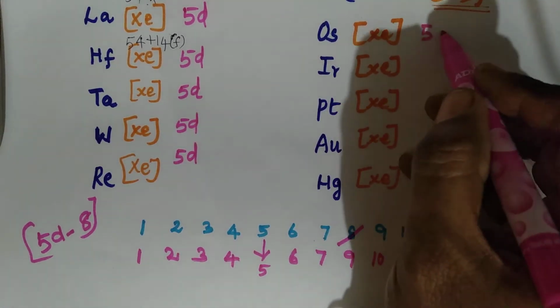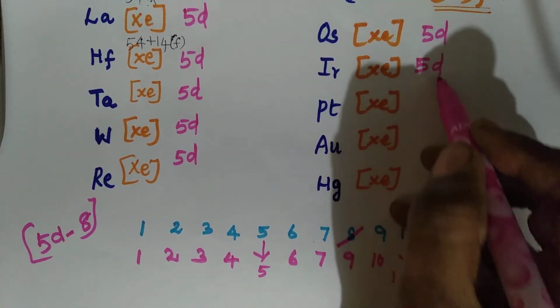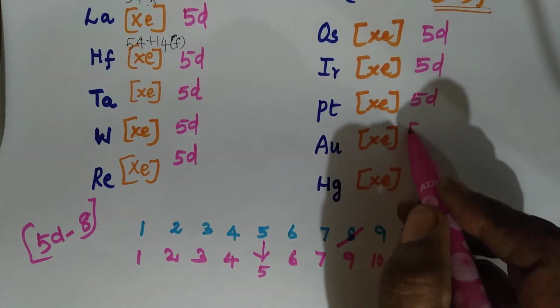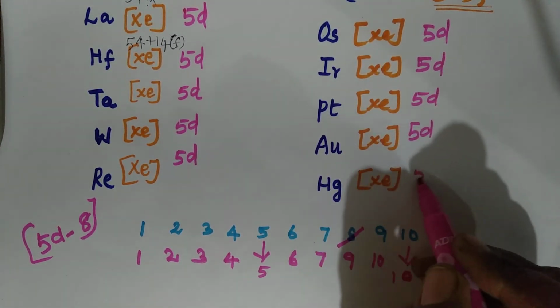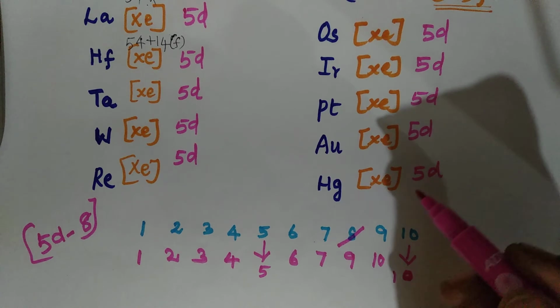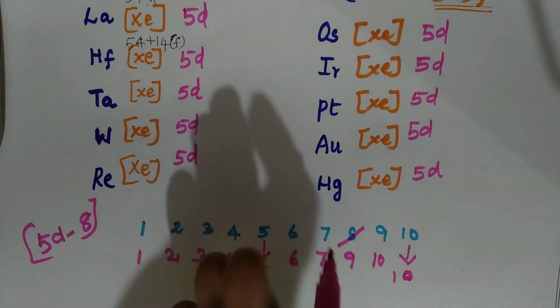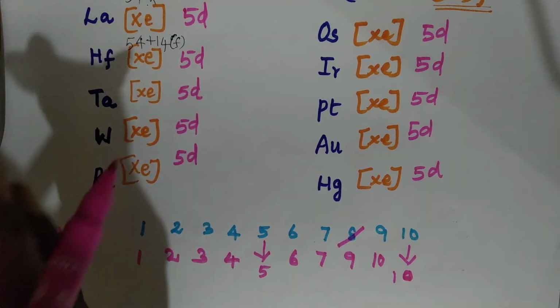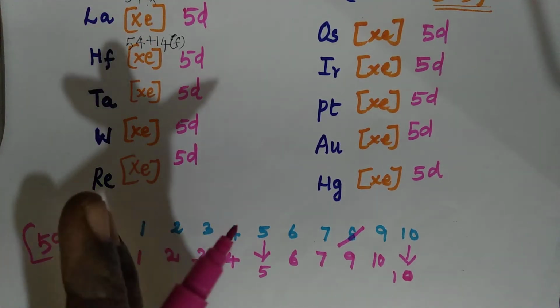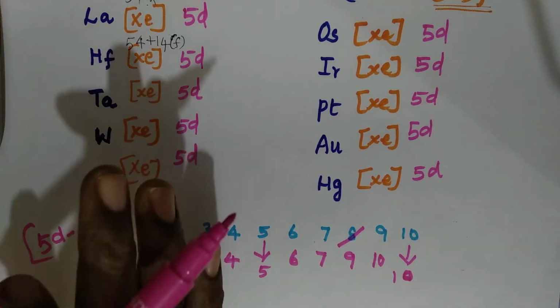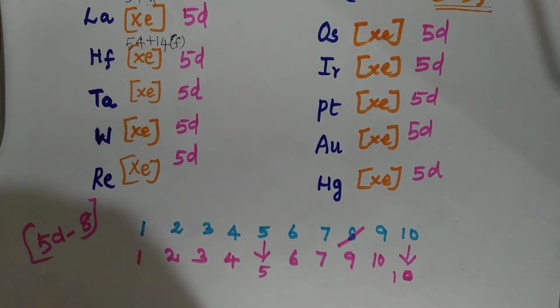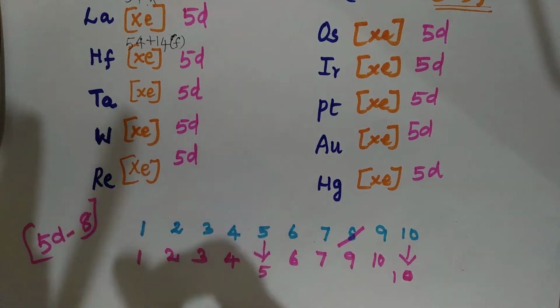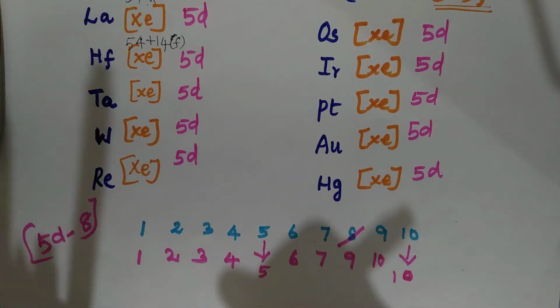elements. As I told you, once 5D starts, that number should be written only in order. Once that 5D starts filling, so long we have been writing for 4s or whatever it is, 6s we write till the previous element, lanthanum before, what would be barium. But after that it starts filling that 5D, so we have to enter that 5D series only. Fifth shell series only we have to complete. Then only we have to go with.